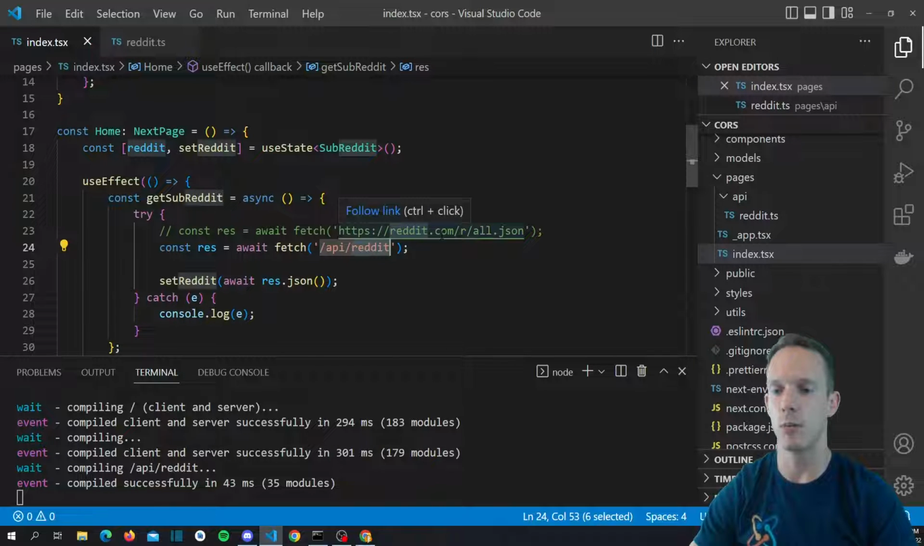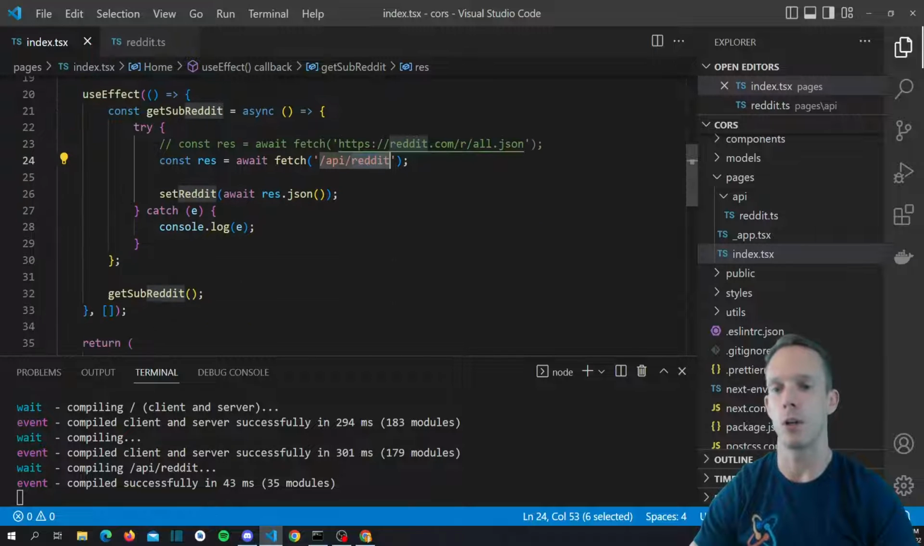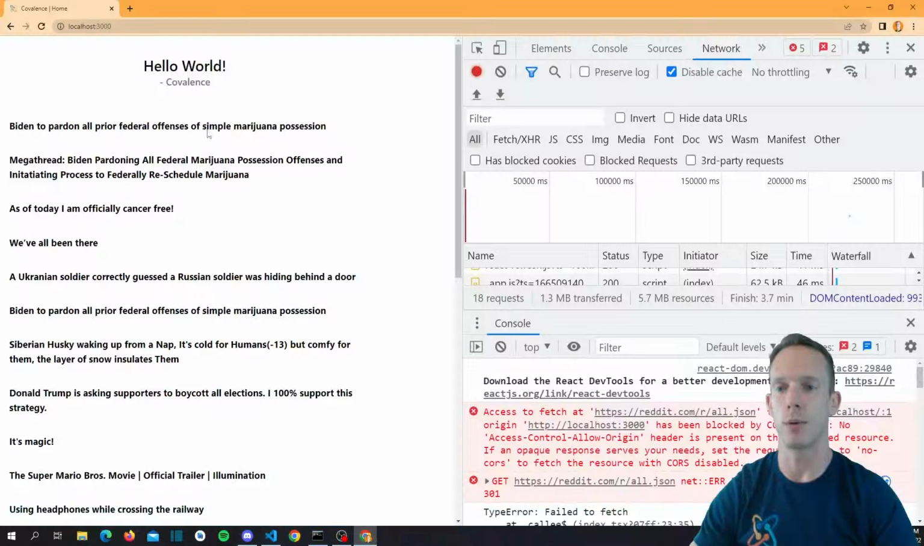Again, this is for more simple projects in my mind. If it gets too cumbersome, I feel like this is a little bit unwieldy. But again, Next provides a lot of very convenient features like this, right? That allows you to get up and rapidly prototype and build things, smaller projects and whatnot. So again, we call setReddit on the res.json, and now if we pull this back up, we can see